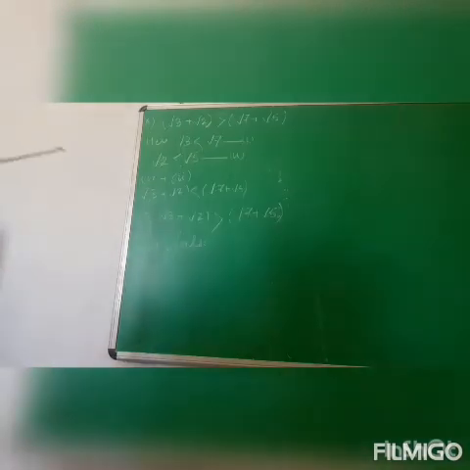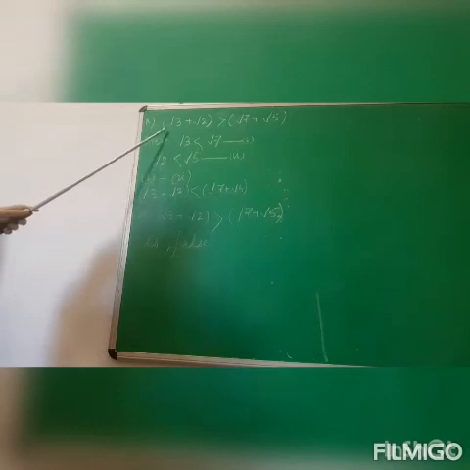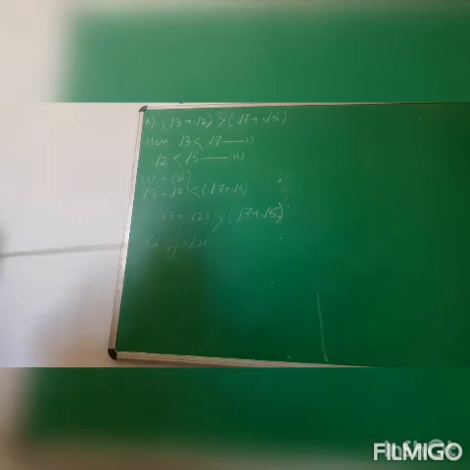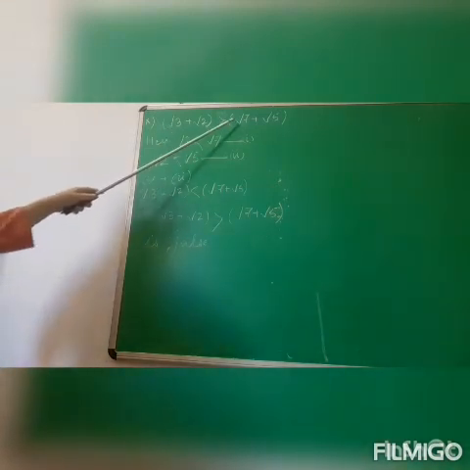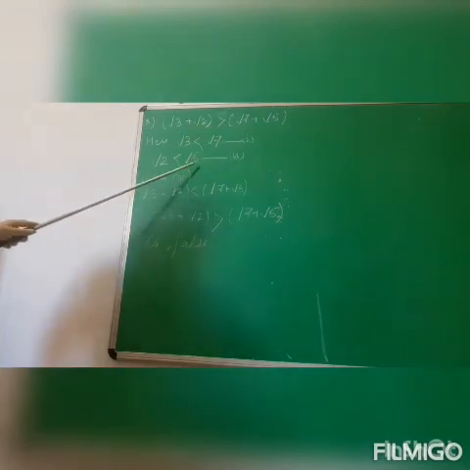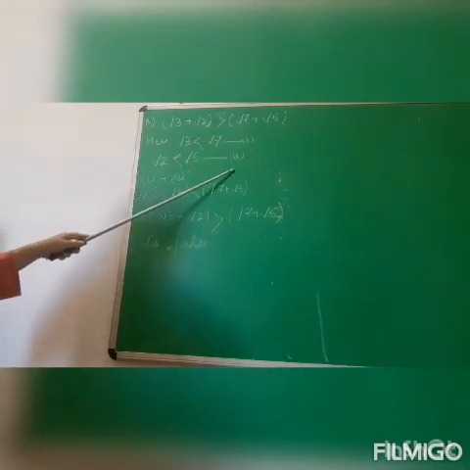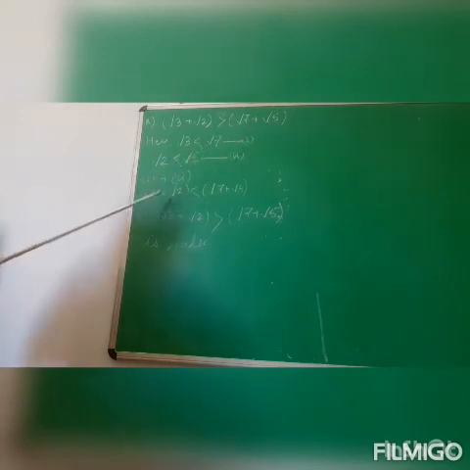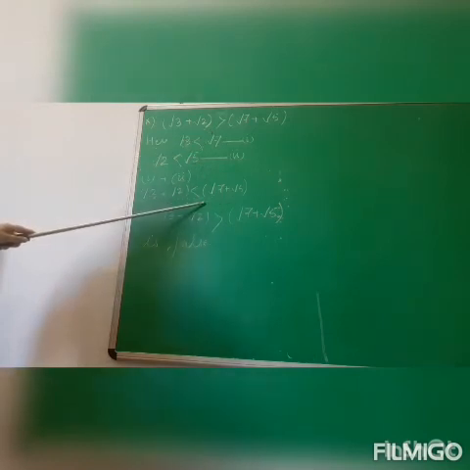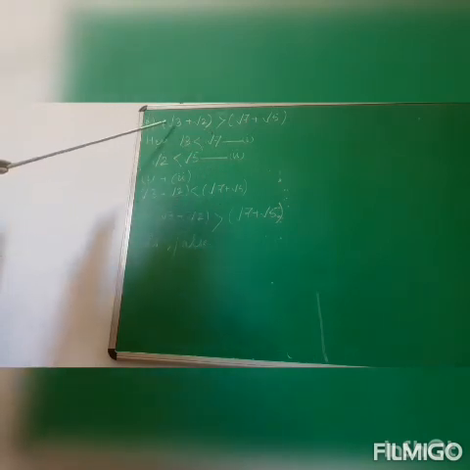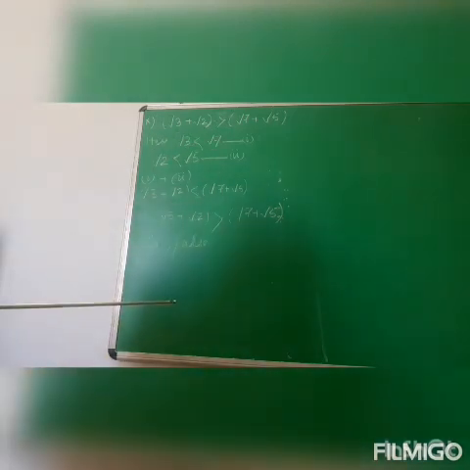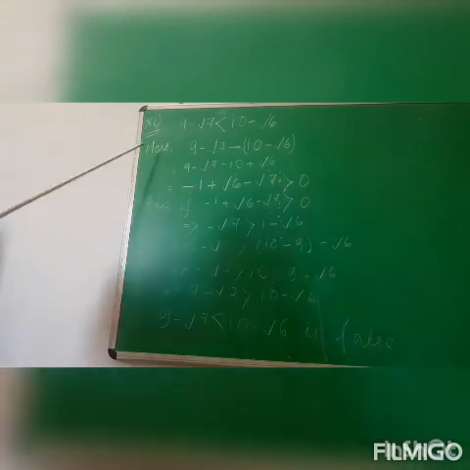Okay. Next, we'll go to sum number 10. See here, root 3 plus root 2 is greater than root 7 plus root 5. So first we will take root 3 is less than root 7 as equation 1. Next, root 2 is less than root 5 as equation number 2. Now add these two equations, 1 plus 2. What do we get? Root 3 plus root 2 is less than root 7 plus root 5. That means the question, that is root 3 plus root 2 greater than root 7 plus root 5, is false.